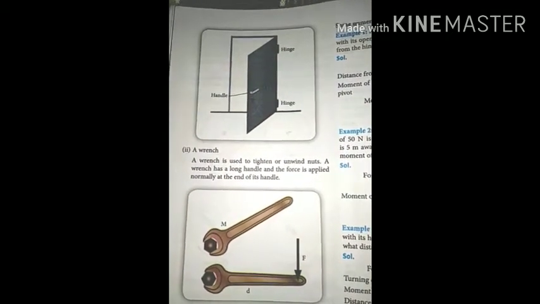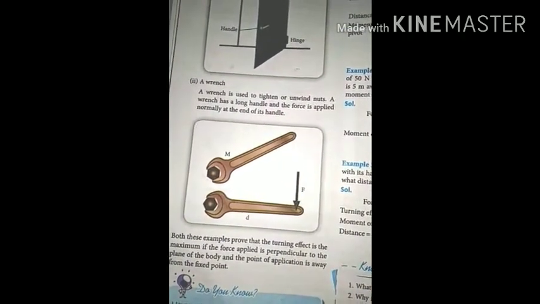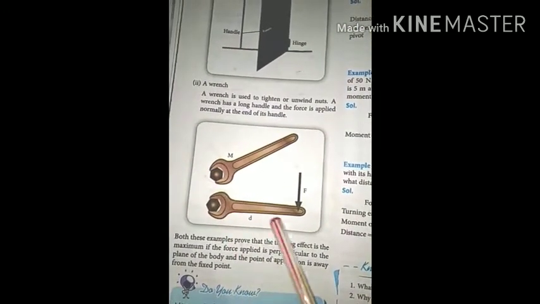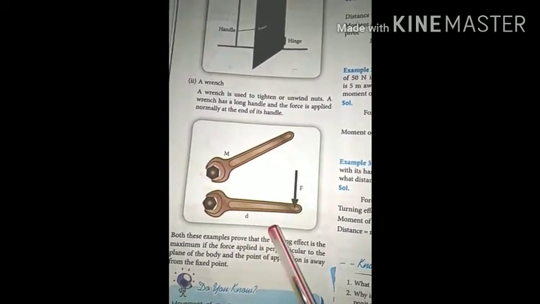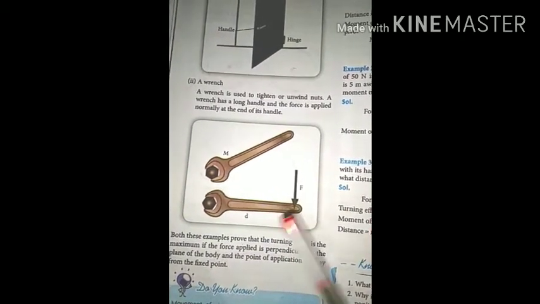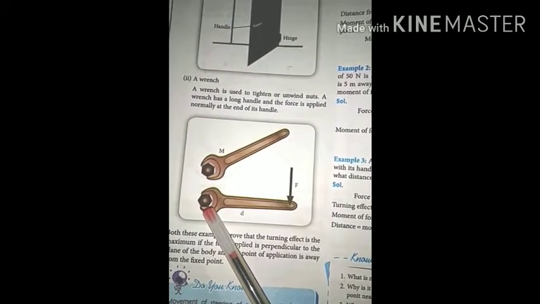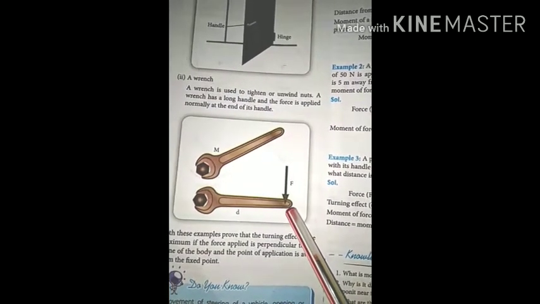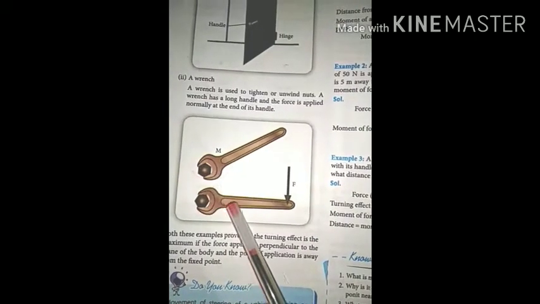Now, a wrench is used to tighten or unwind knots. A wrench has a long handle and a force is applied normally at the handle. This is the wrench, and this D denotes the perpendicular distance of the point of application of force and the fixed point. This knot is the fixed point. Here the force is applied. Force is applied along the downward direction, which is perpendicular to the